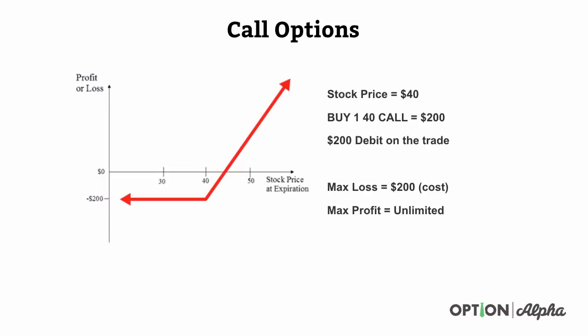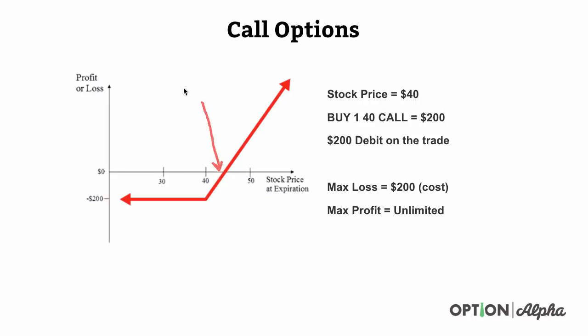The strike price in this case, like we talked about, is $40 a share. If you bought one 40 strike call option for $200, the $200 is the debit that you pay to get into it. It's your consideration or your premium. That means your max loss is your $200, or basically your cost. It doesn't matter where the stock price is. Anywhere below 40, you can only lose $200 because you're not obligated to buy those shares. Your max profit potential is theoretically unlimited in this case,